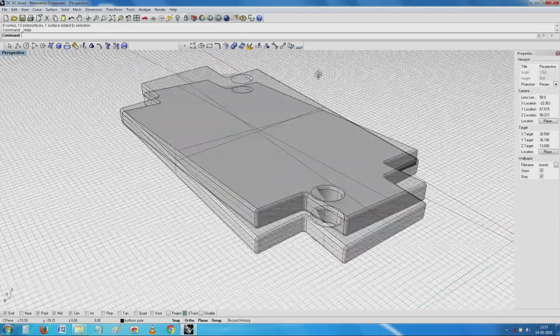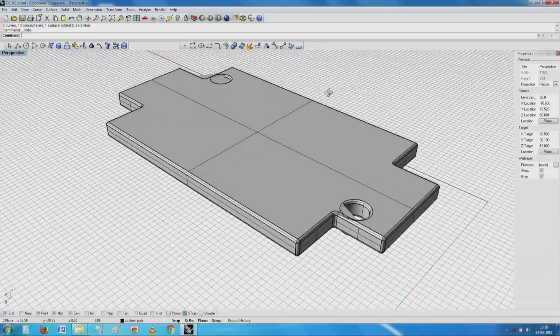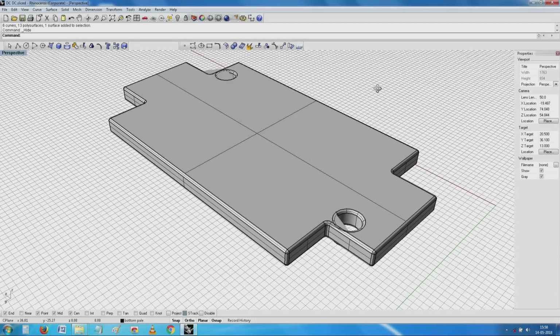You have seen this is supposed to be the heat sink. Due to whatever reason it is, it has not come out well.